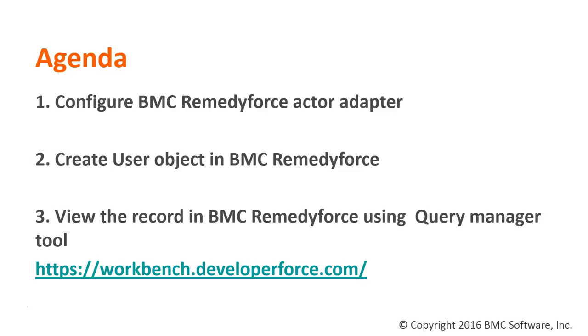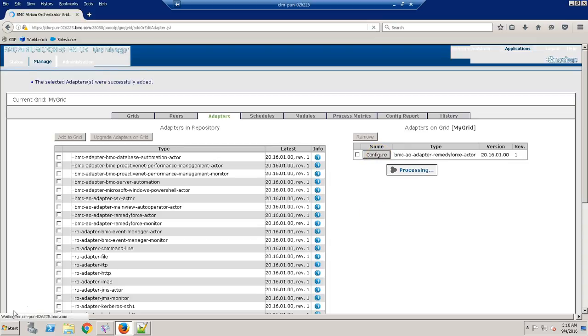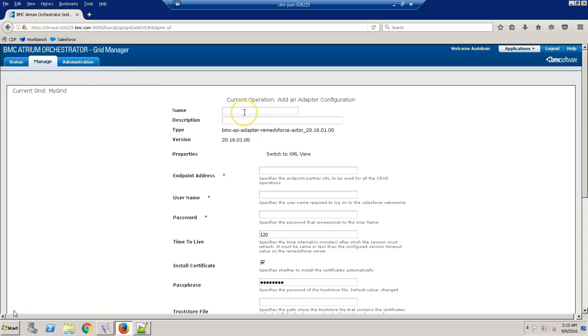Let's configure Remedyforce actor adapter on Grid Manager. Click Configure and provide the adapter name here. Remedyforce is built on Salesforce, so we need to first connect to Salesforce by providing the endpoint address and the login credentials of Salesforce. We will find endpoint address at the Salesforce site, so let's log in to Salesforce using